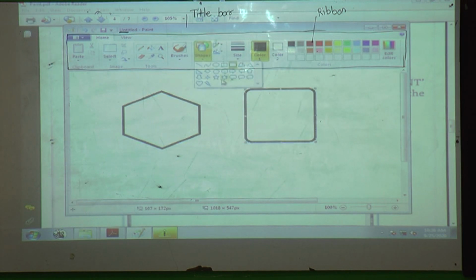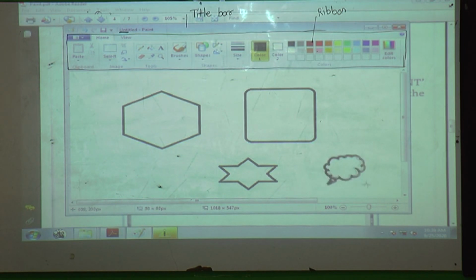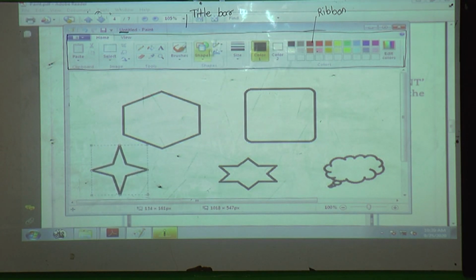We can draw any shape and give any color also. And we can draw different sizes of this shape.